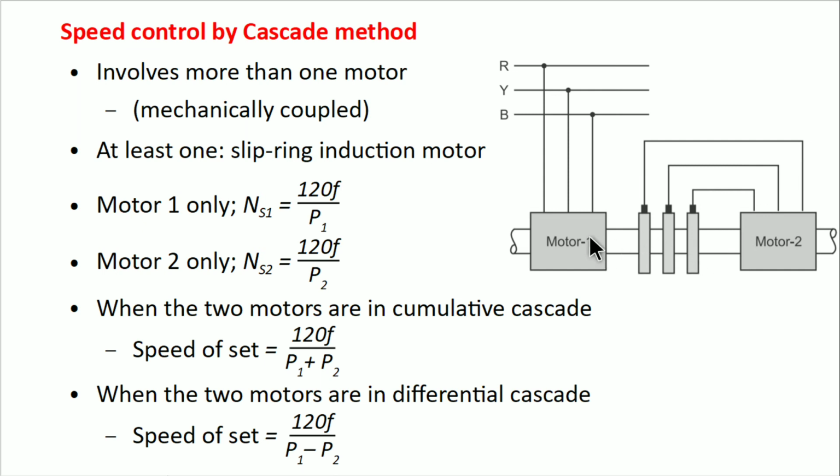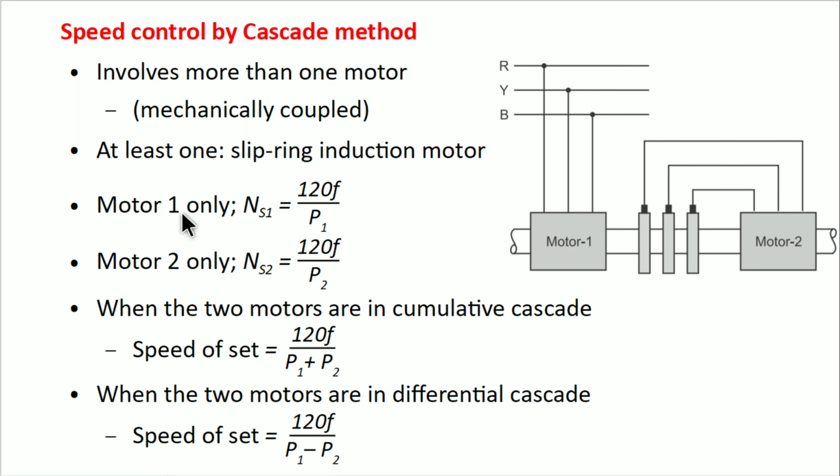These are the rings of this motor, and the rotor output of the first motor is fed to the stator of the second motor. Three-phase supply is connected to the first motor, and the rotor EMF induced in the first motor is connected to the stator of the second motor. So we can obtain 4 speeds by using this arrangement. It is called a cascade arrangement.